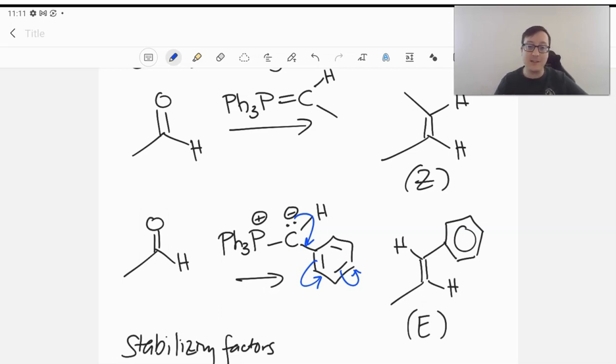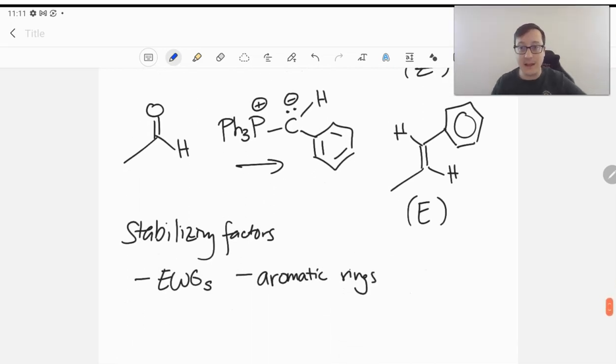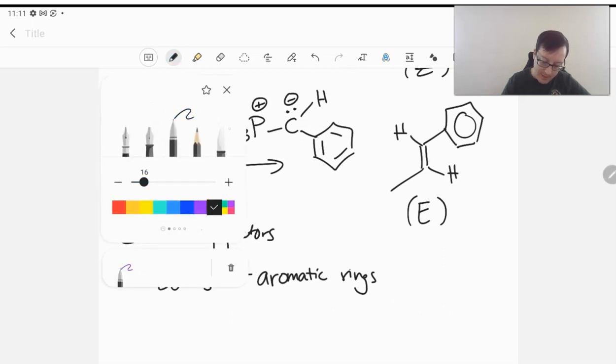So by stabilizing your ylid, you tame it down a little bit, giving it some time to get into the right conformation so that you can get the more stable product. And again, heat helps. So I'm just going to erase these resonance arrows because we don't really need to show the resonance, but that's why this is a stabilizing factor. And of course, if you have something like a nitro group or a ketone or an ester, all of those will work. Speaking of esters,